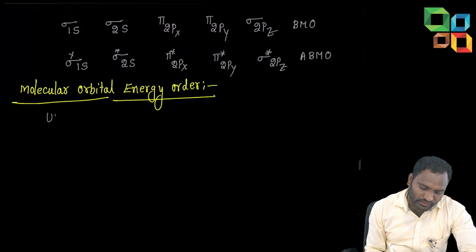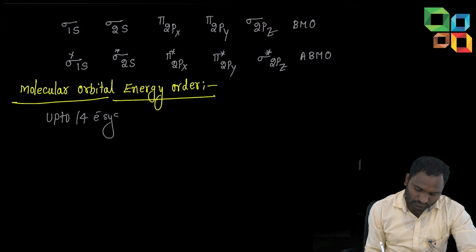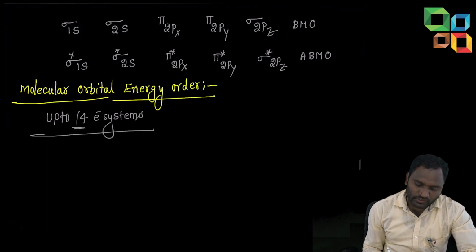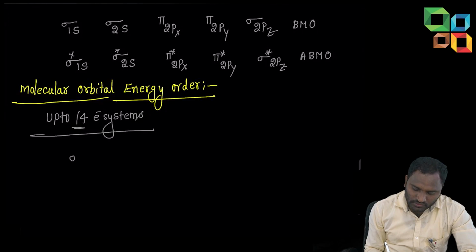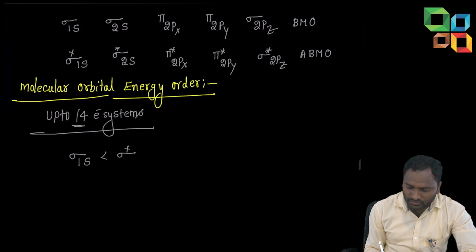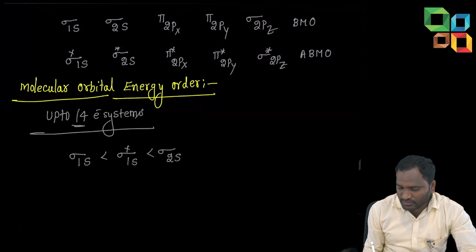Up to 14 electron system. For 14 electron systems, the energy order is sigma 1s is less than sigma star 1s, less than sigma 2s, less than